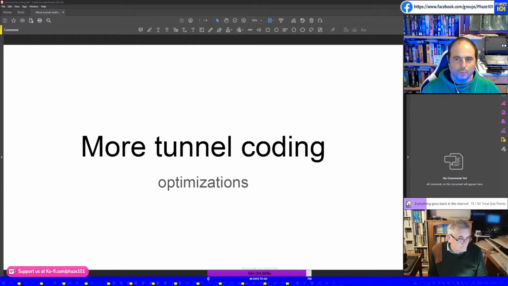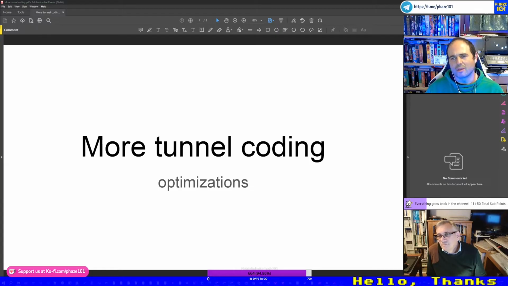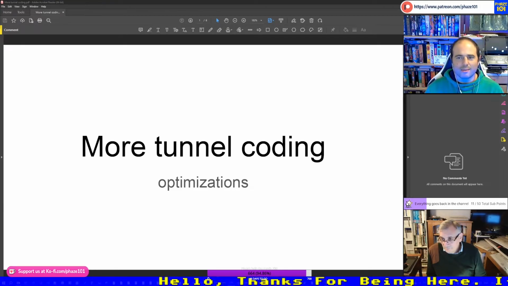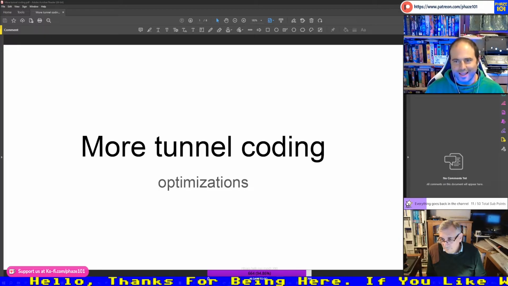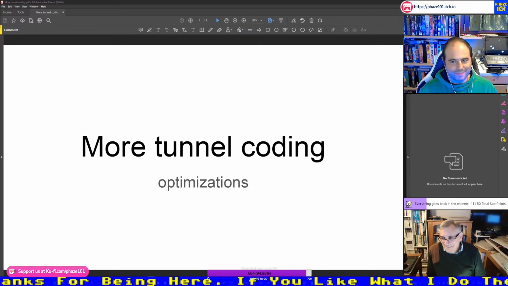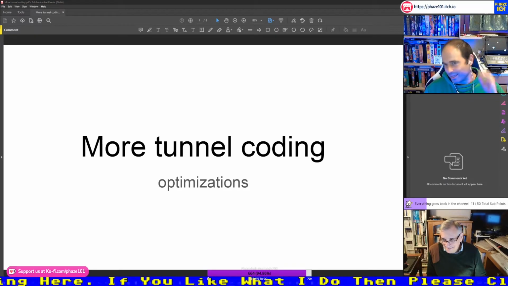So I'm always with this tunnel coding. And again, I want to stress this thing. In order to make a tunnel, I spent about 30 minutes on a PC with Processing or Java. And I am in the second month here, and still I don't see the light at the end of the tunnel. So just to make a comparison on how difficult it is to program on the Amiga.